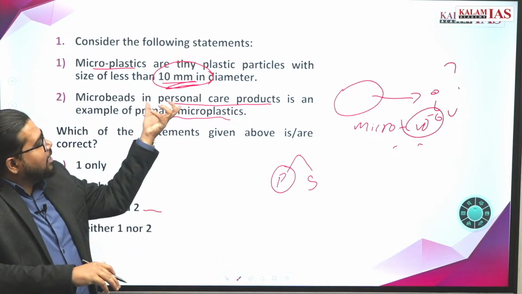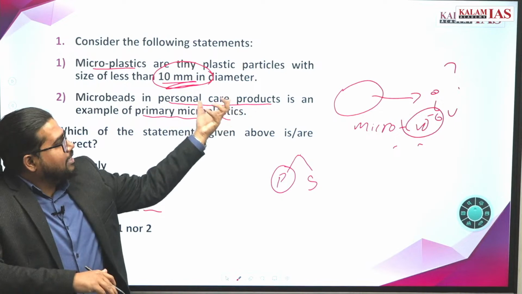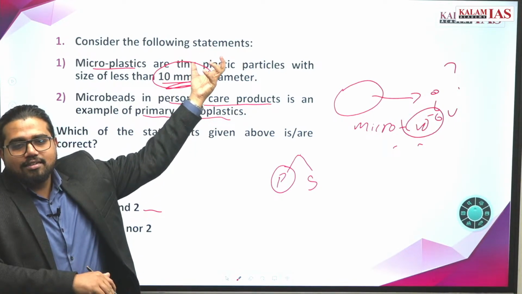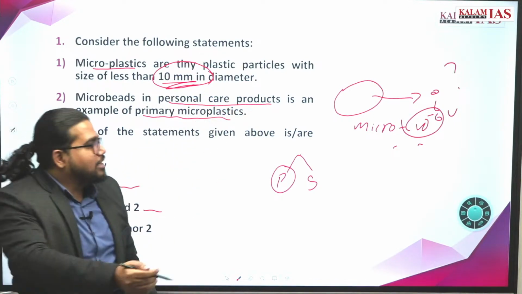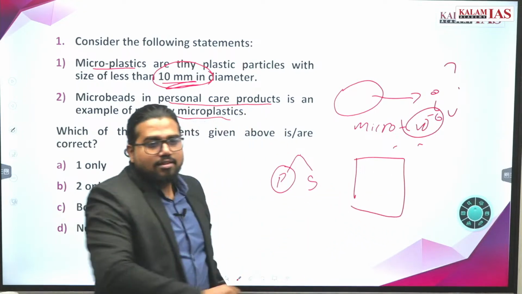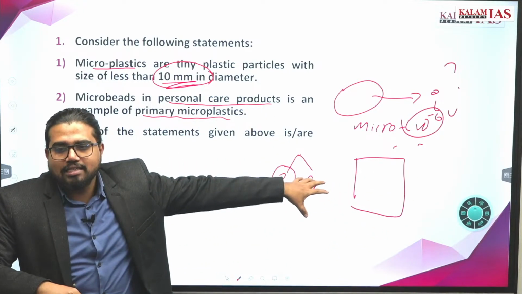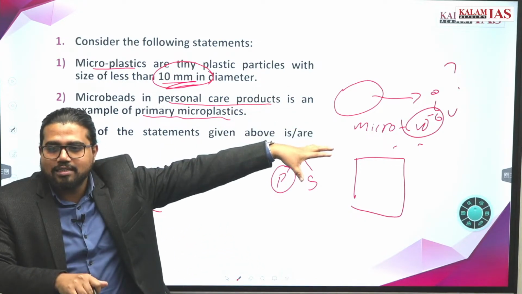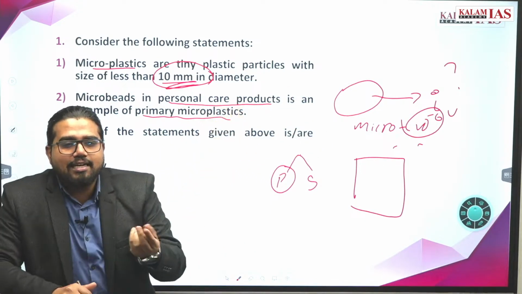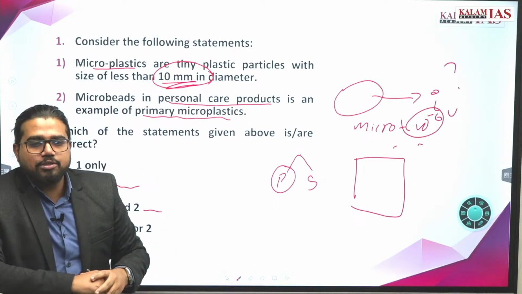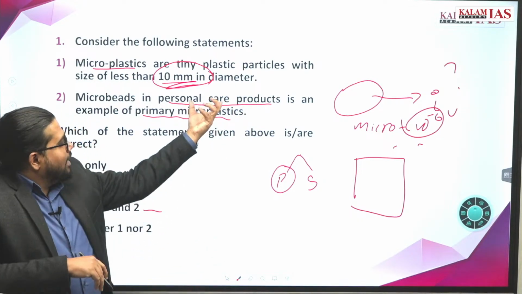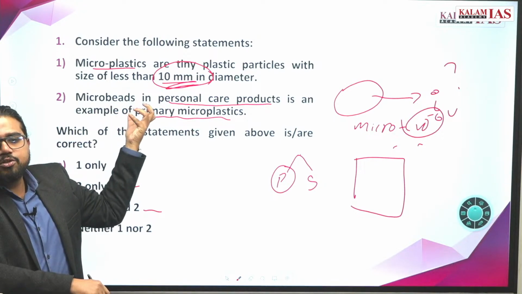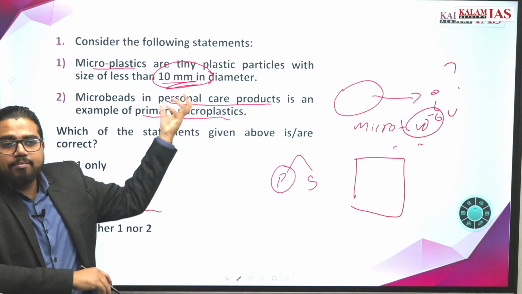Now we know that personal care products cannot contain something bigger than that. Something like polythene is given. Polythene bags are very big sometimes. Now this is not a primary microplastic. It has to be broken down into small pieces, then it becomes microplastic. But in personal care products, sunscreen में कितना small होगा? It will be even nano size or smaller than that. So this can be very much related to primary microplastic.